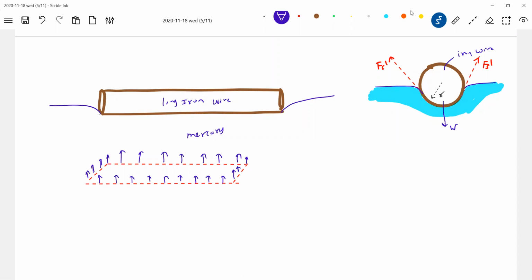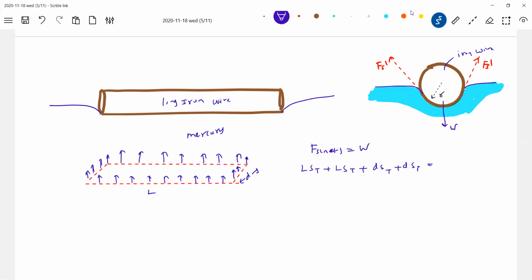So this is the length L and this is the diameter. Then who will balance the weight? The net force due to surface tension will balance the weight of the wire. The force due to surface tension should be L into ST plus L into ST plus D into ST plus D into ST